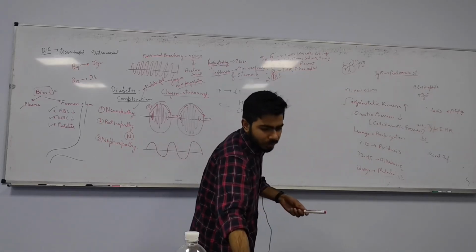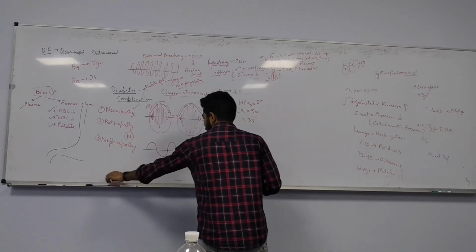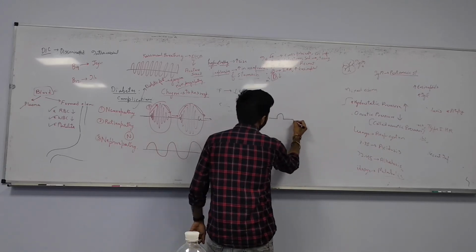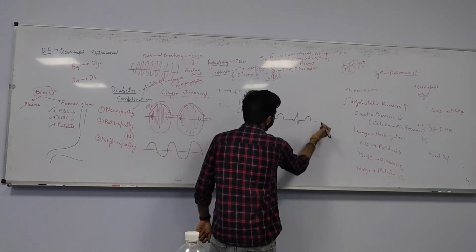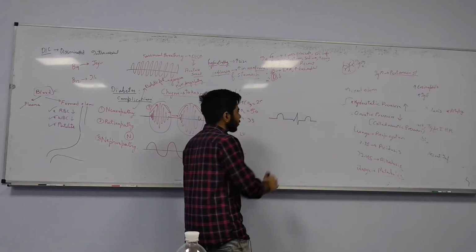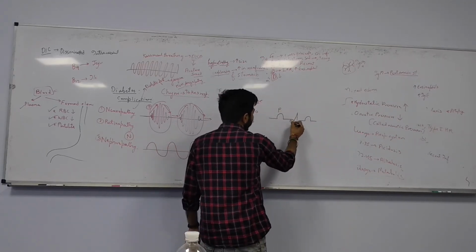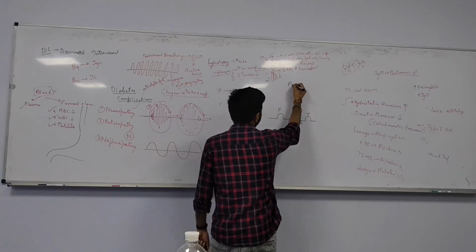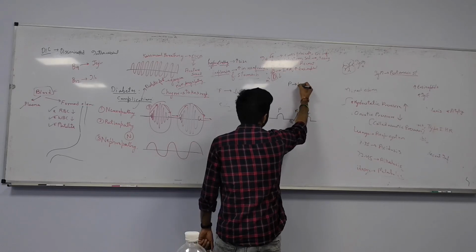we are very well aware about the waves, that we are having the P wave, QRS complex, and then T wave, and sometimes U wave is also appearing. U wave is due to papillary muscles. So this is the P wave, this is Q wave, this is R wave, this is S wave, and this is T wave. We are very well familiar that P wave is for atrial